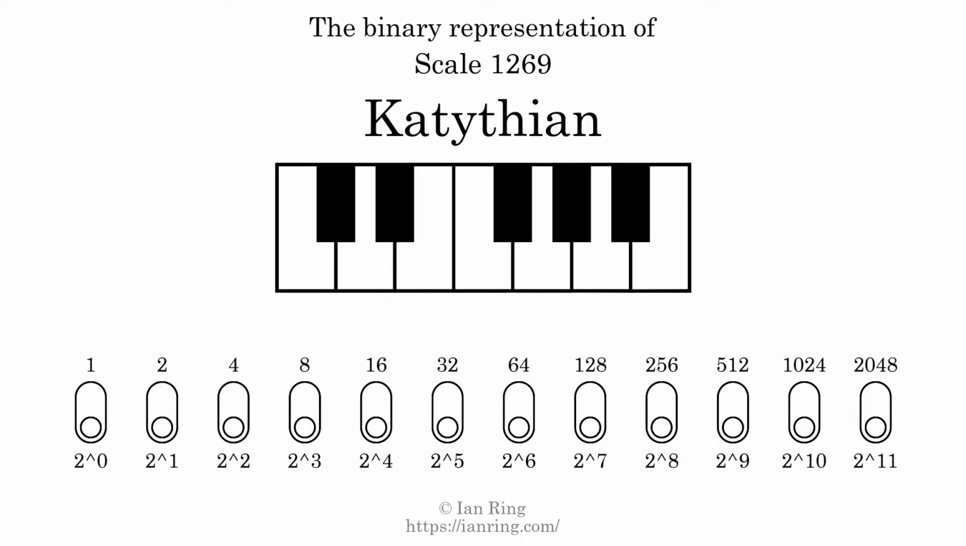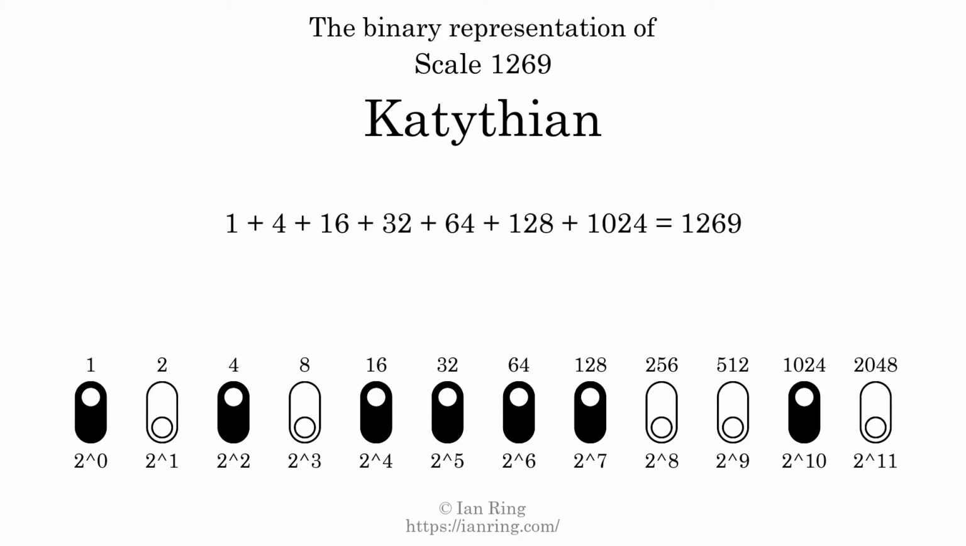The binary representation of this scale is determined by mapping tones of the scale to binary digits. Each binary digit represents a power of 2. To get the scale number, we add the powers of 2 together. The powers of 2 that are present in the scale, all added together, equals 1269. That is why the scale number, in decimal, is